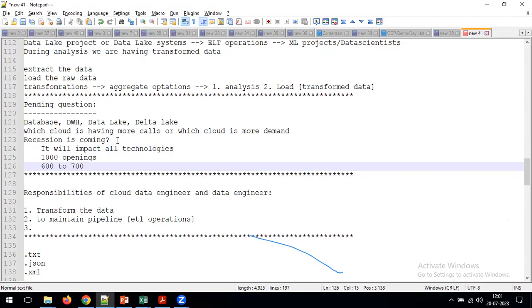No, right? Because of the recession fear or budget adjustments or other things, companies have decreased the recruitment process. Earlier they did recruitment very aggressively, but now they are doing it in a slow and steady manner. That's the reason we now see fewer openings in the market compared to one year before, when we had 1,000.